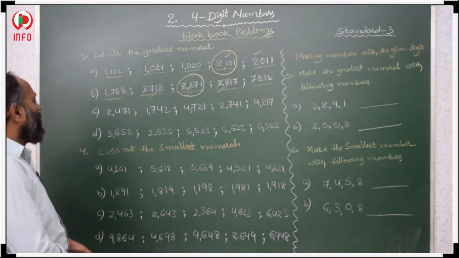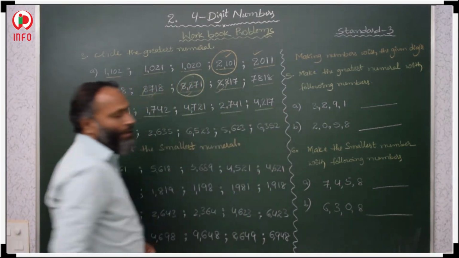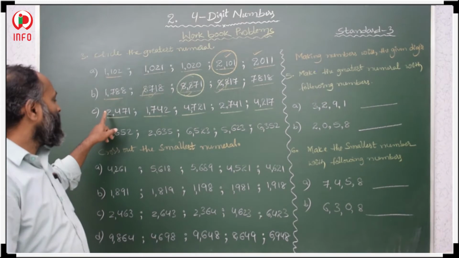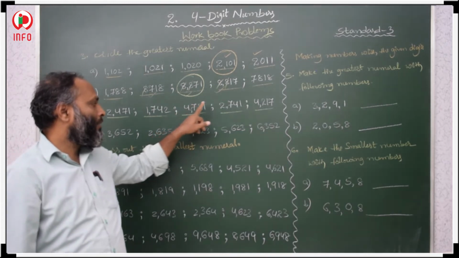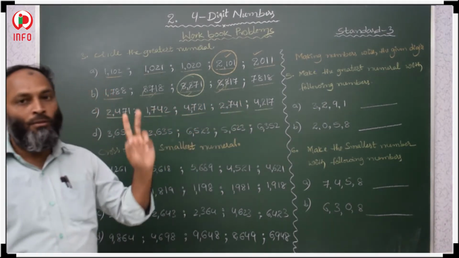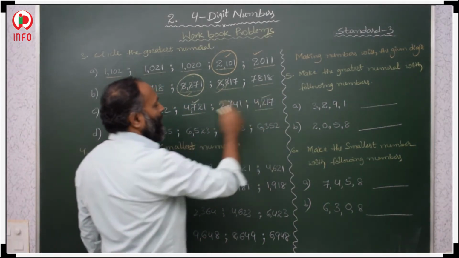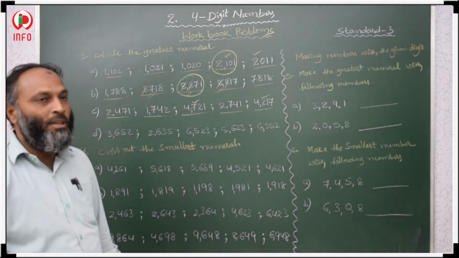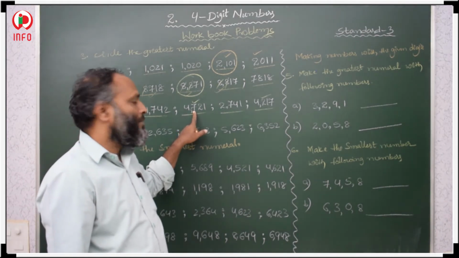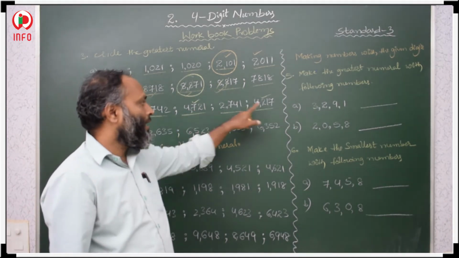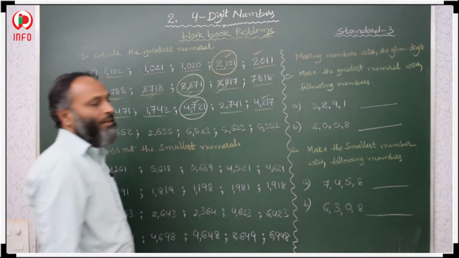And next, in these five numerals, first we check the thousands places. What is there in the thousands place? 2, 1, 4, 2, 4. 4 is bigger, so these two are greater. In these two again we have to compare. Which one is the greater one? For that we check the hundreds place. 7 is there in one hundreds place, and here 2 is there. It means 7 is the bigger one. This one is the bigger one.